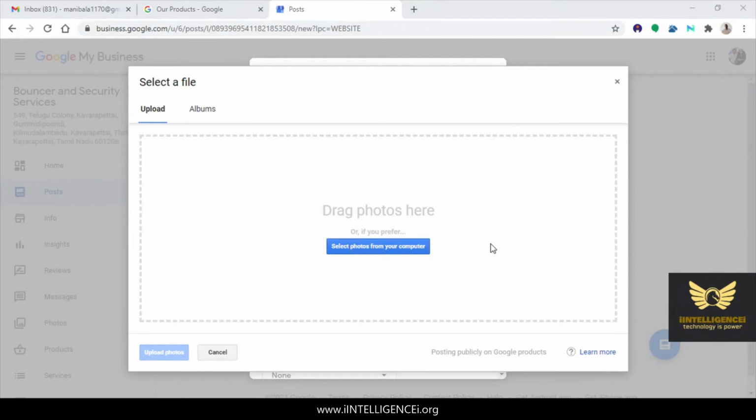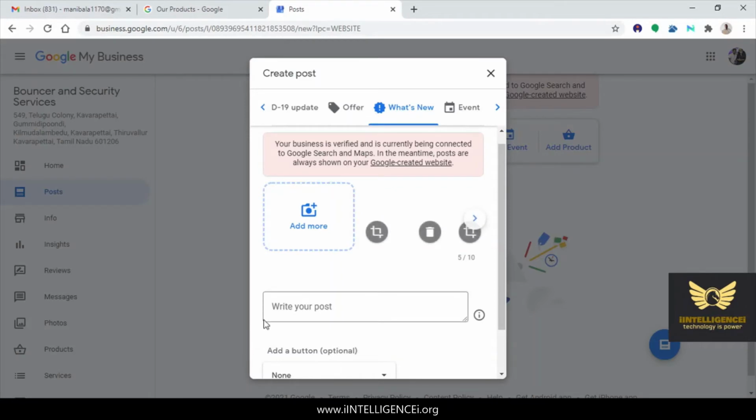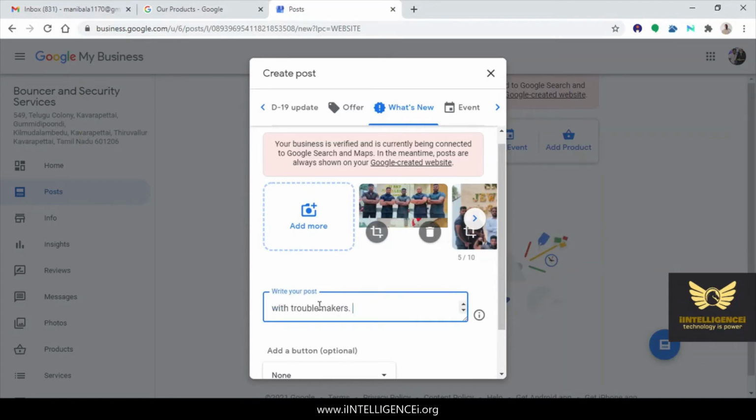I'm adding some more photos. Yes, it is uploading. So you can write something on the post. I'm just copying it and pasting it.